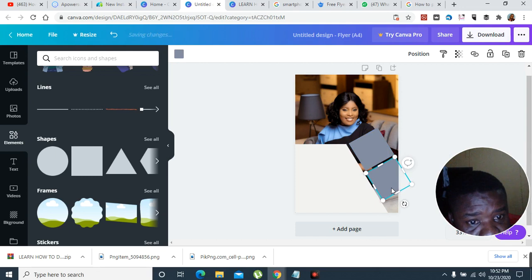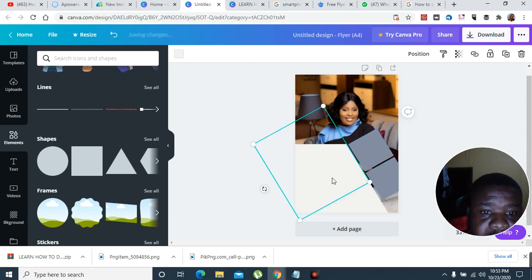Bring this one down a bit. Okay, so you can get a picture now of what I'm trying to achieve. You get the picture of what I'm trying to achieve. So that might look a little bit shabby, but once I just, okay, so